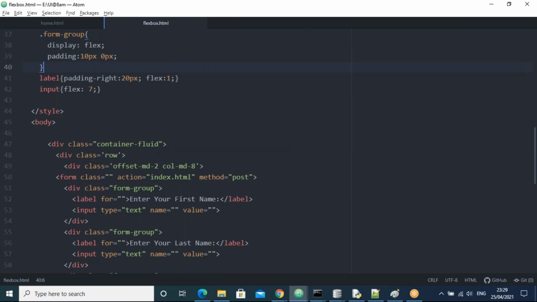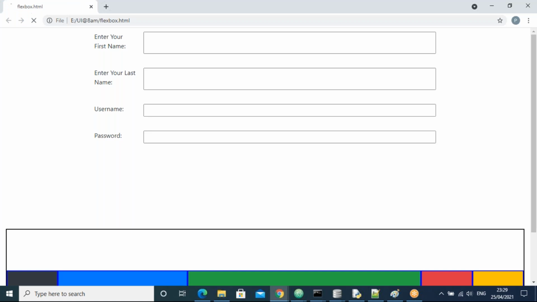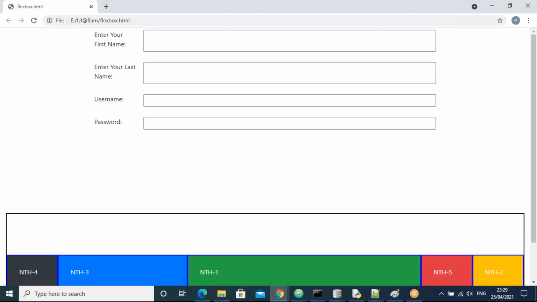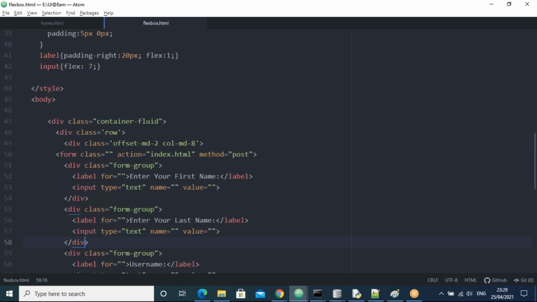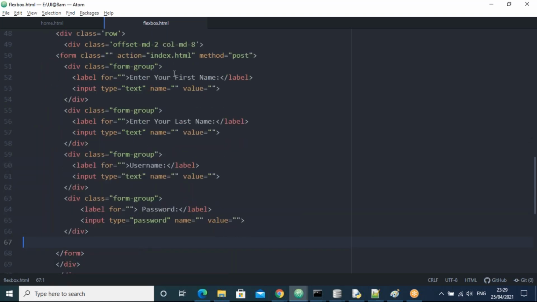I won't take this padding, guys, just for example, or else let's take a very small one, not this much size, very little height. And this one also, simply take the first name, last name like that.